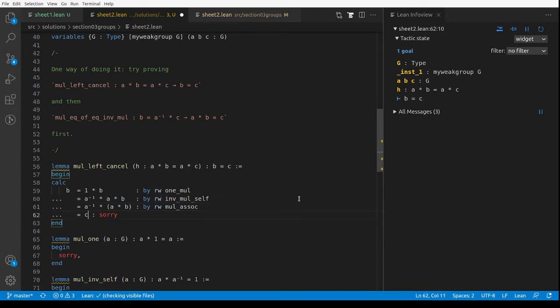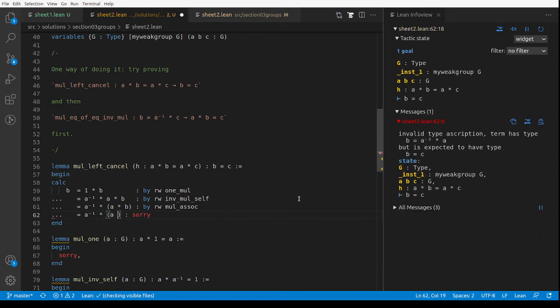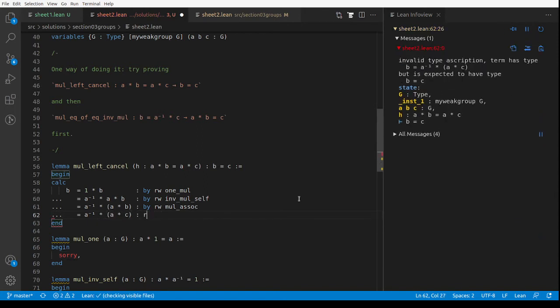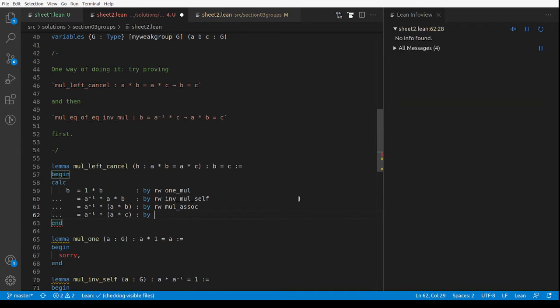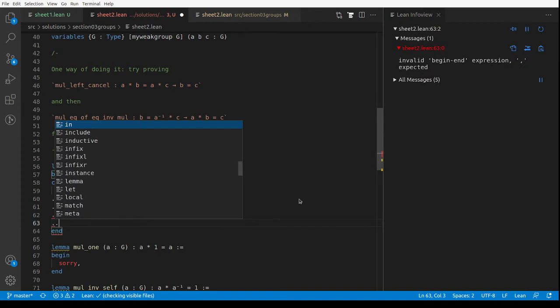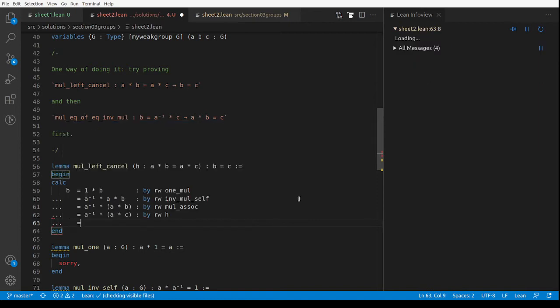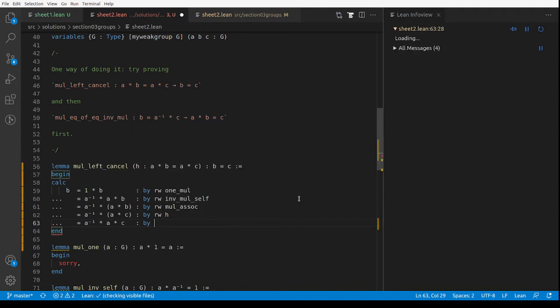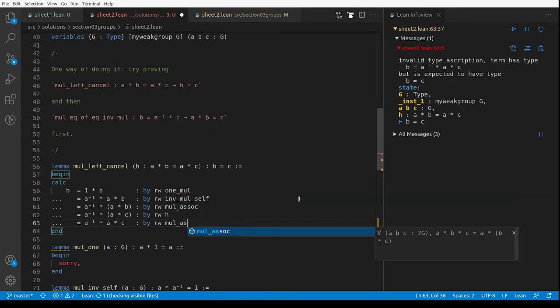And now this equals A inverse times A times C. There. And that's our hypothesis, right? By rewrite H, and that equals, and now we put everything back, A inverse times A times C, and again that's by rewrite mul assoc. Again, you see that's the other way around. You see there,